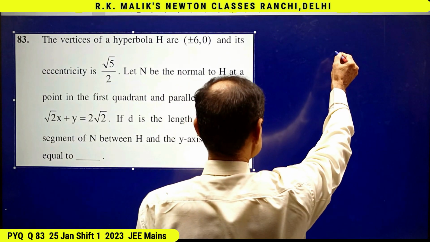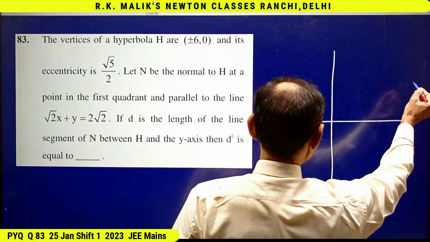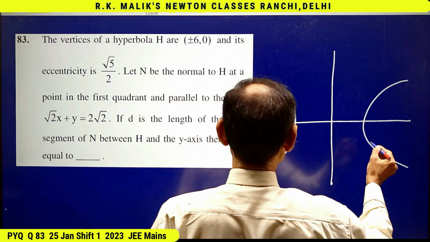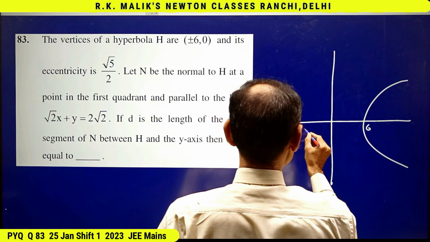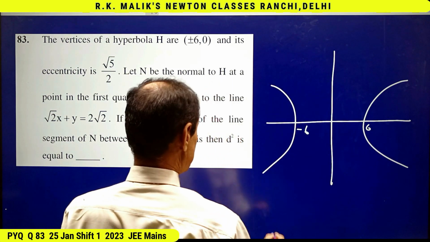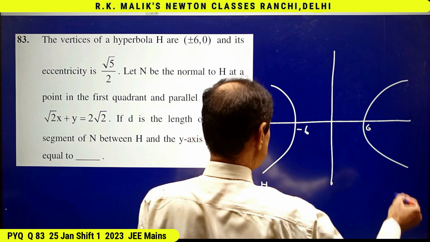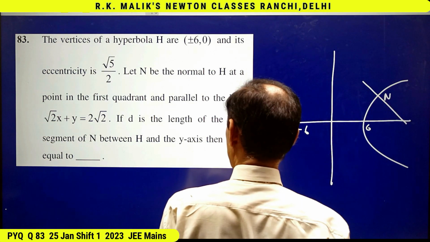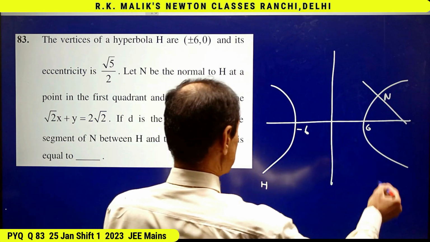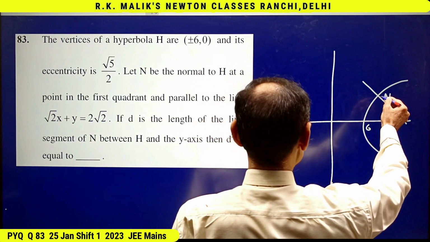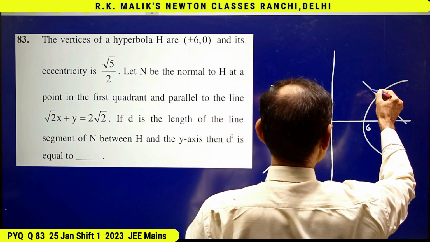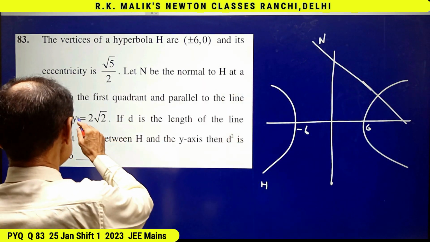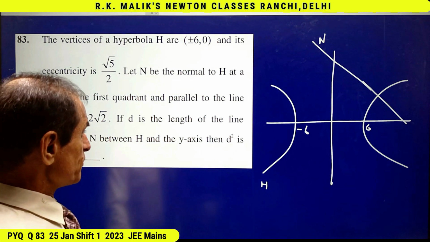According to the question, this is a hyperbola with this 6 and this minus 6, and the name of this hyperbola is H, and this is a normal n to the hyperbola H at a point in the first quadrant. The name of this normal is n. And this normal is parallel to this line. That is,